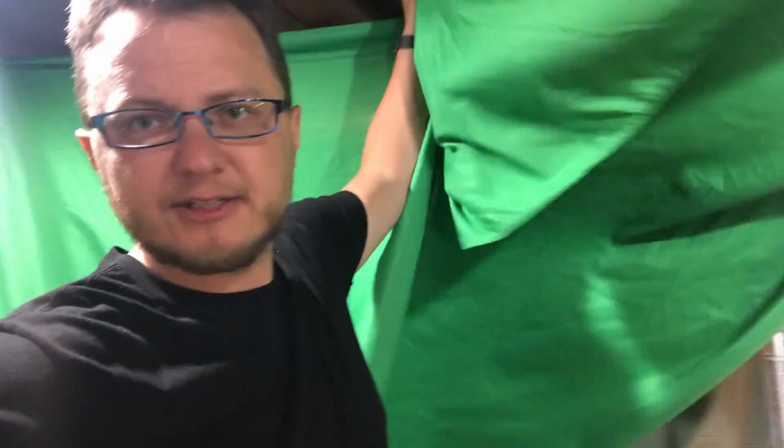How to get from basement with a cloth hanging in it to an actual, well-lit streaming studio. Because my job is streaming. Now, I'm teaching and coaching while I'm streaming, but I'm streaming. And I really would like to have a better background, virtual or not. I mean, it's not too bad behind. I just need to...